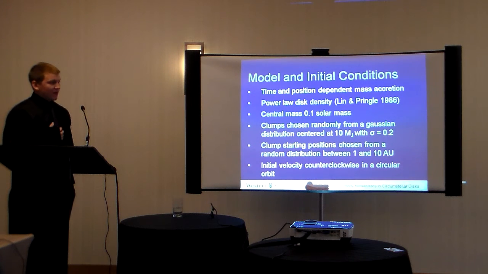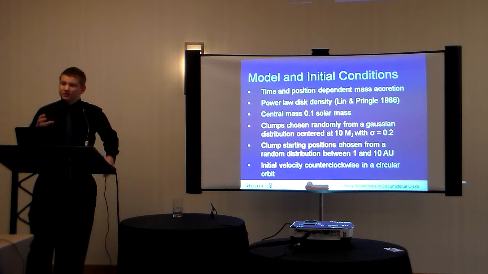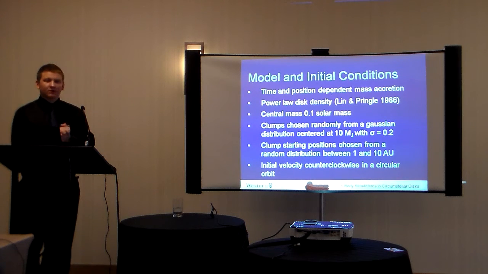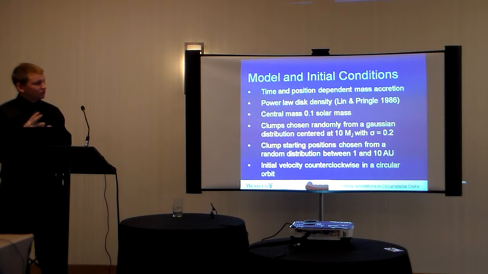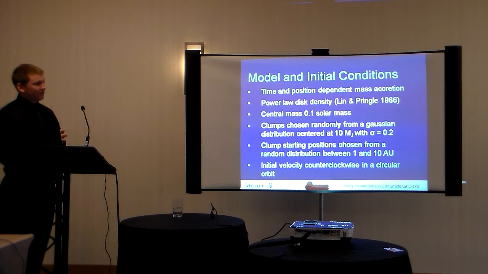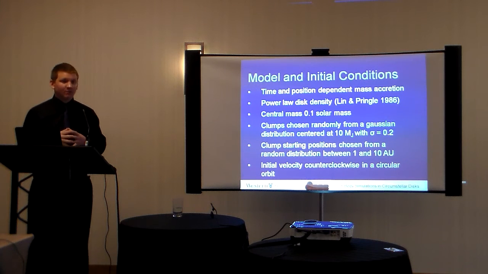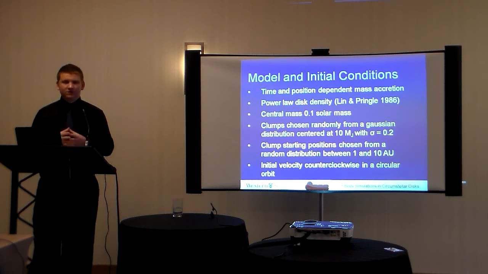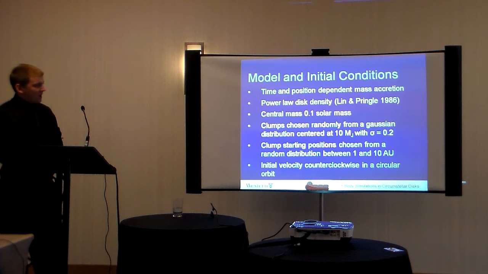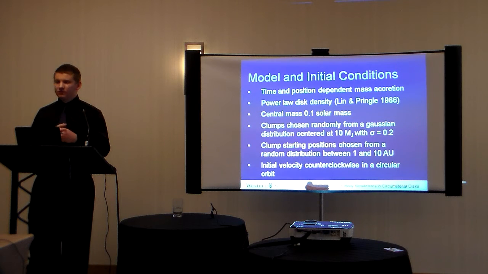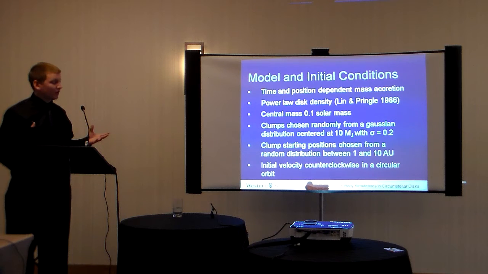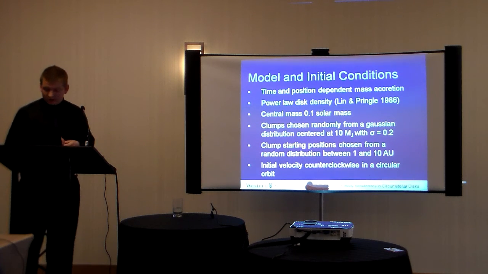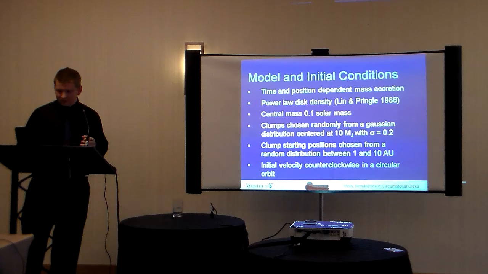So we chose a central mass. Remember when I showed you the circumstellar disk, there's a central clump. We gave it 0.1 solar mass, and we let it evolve at 10 to the -6 solar mass per year, and that was constant. Then we chose 2 clumps, with masses chosen randomly from a Gaussian distribution centered at 10 Jupiter masses with a standard deviation of 0.2. That gives us a fair distribution of masses to play with. Their starting positions were chosen from a random distribution between 1 and 10 astronomical units from the central clump. Then we gave them an initial velocity such that if they were isolated, with nothing else going on, they would be in a circular orbit. So I have a simulation to show you. It's not too exciting, but